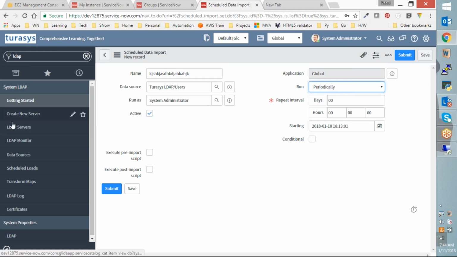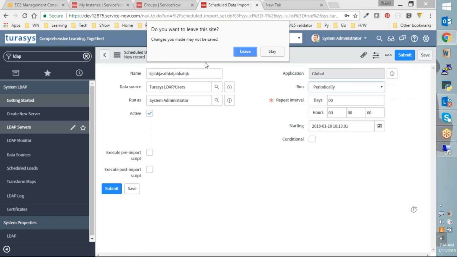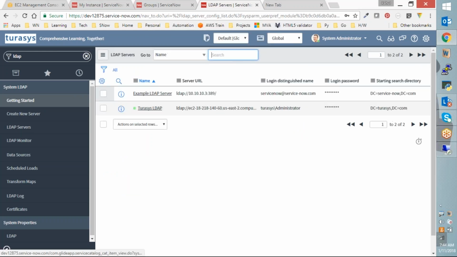No, these modules are available already. All you will have to do is create a new server to identify what Active Directory you have to point to. So you'll go ahead and create a new server. All your servers will be displayed here. For example, this is the example LDAP server where we are connecting. Another one is the Turasys LDAP server that we are using to connect to. And from there, we are fetching the records of users and groups from the Active Directory database,